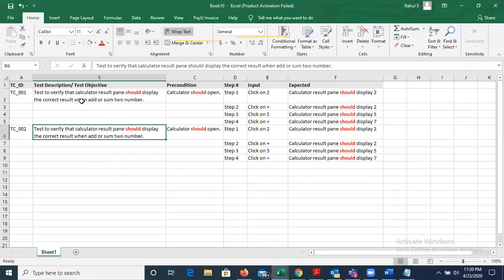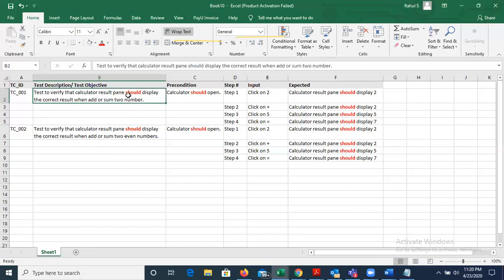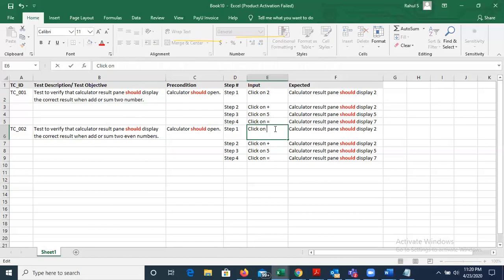Here I have mentioned when adding or summing two numbers. Here I am just going to write when adding or summing two even numbers. So the objective has been changed a little bit. So this is correct. Here I am checking just two numbers, and here I am checking even numbers only. So let me change the input step.